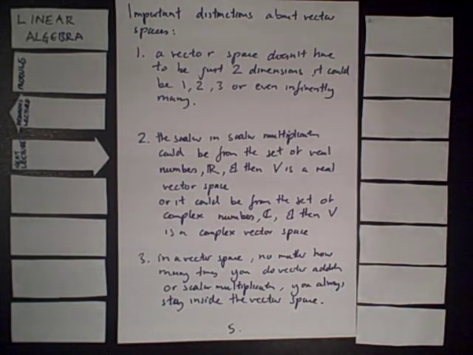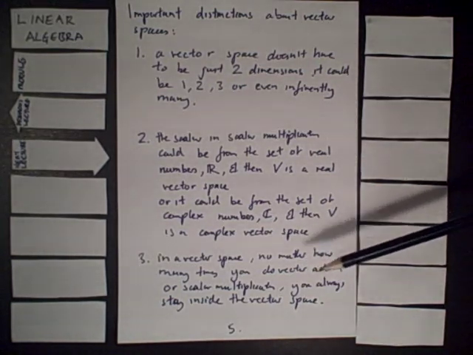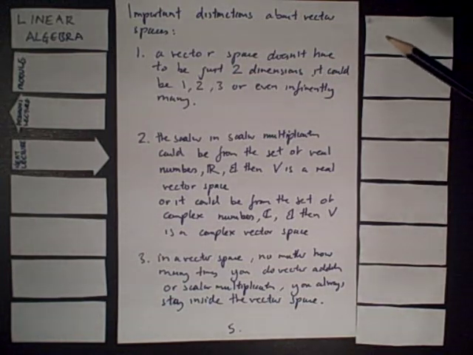However, the most important difference to understand is that in a vector space, no matter how many times you do vector addition or scalar multiplication, you always remain inside the vector space. In fact, this is a defining property of a vector space. For example, if you repeat an instruction in our analogy, e.g. walking forward one step again and again, eventually you'd reach the edge of the building, a wall on your floor. In a vector space, this doesn't happen. Instead, you can continue combining vectors infinitely many times,